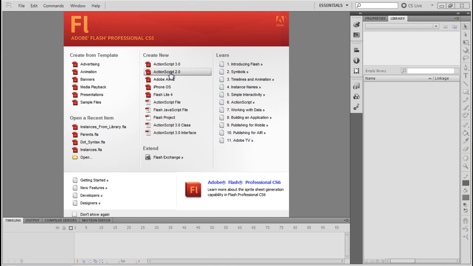These are some options for creating a new file. These are some templates available on Flash. These are some files which you opened recently. You perhaps are seeing just the open thing right here because perhaps you haven't opened anything. And you have Flash Exchange where you can equip Flash with some modern tools which are available online. And here are some tutorials which, if you click on them, you will go to Adobe TV where you